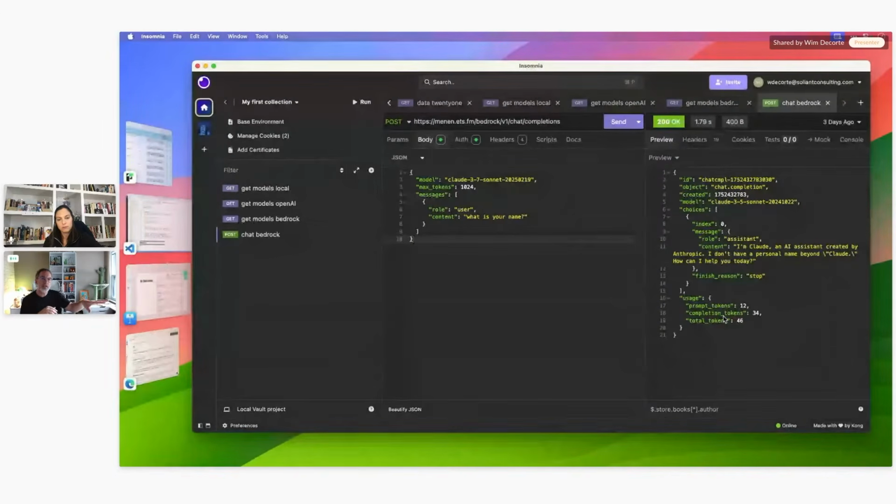We'll come back to this later in the session, but the number of tokens is important, whether you're using a local AI model, and certainly when you use a commercial provider. All commercial providers charge you by the millions of tokens. So as a developer, keep an eye on that token usage.